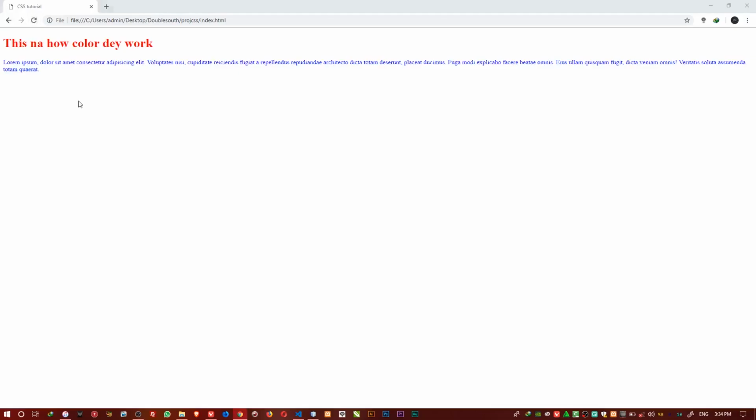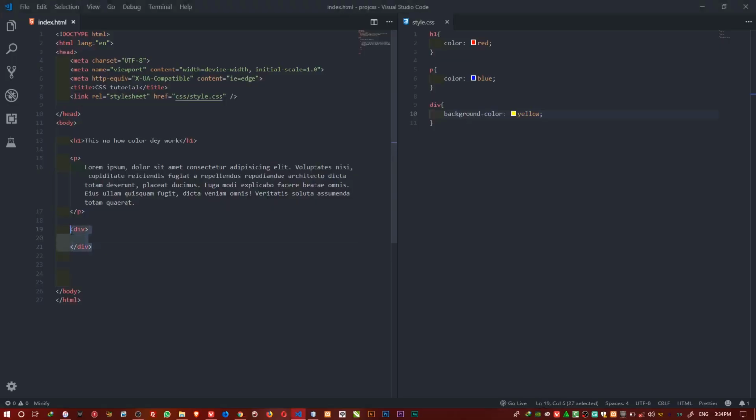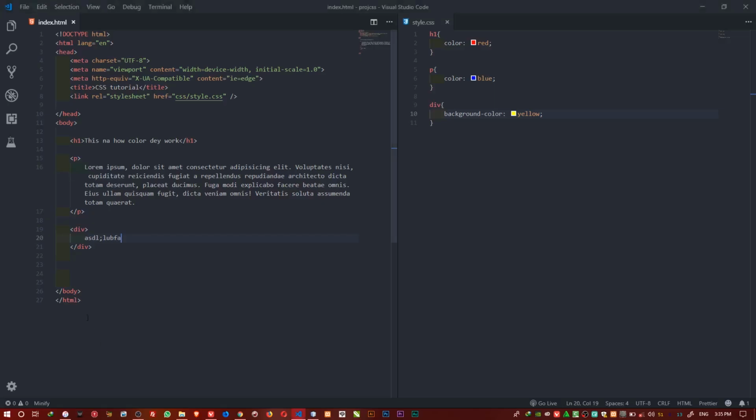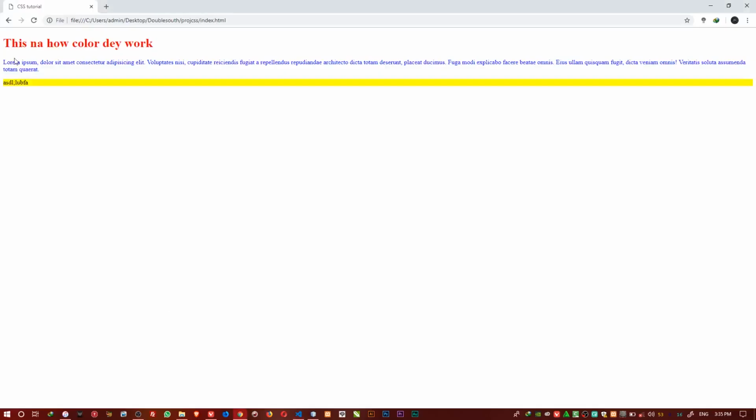Why? Because normally this div doesn't actually do anything on its own. It's not like this H1, where you write H1 and put text inside, and it can show something for you. If I just type any text here, and I refresh now, you see another thing comes up because there is content inside. If there's nothing inside by default, it won't show.